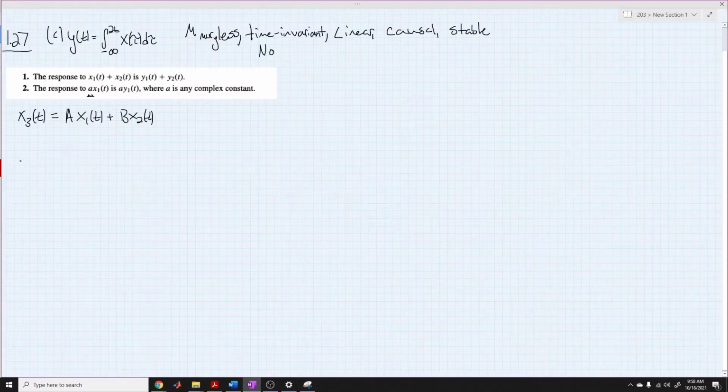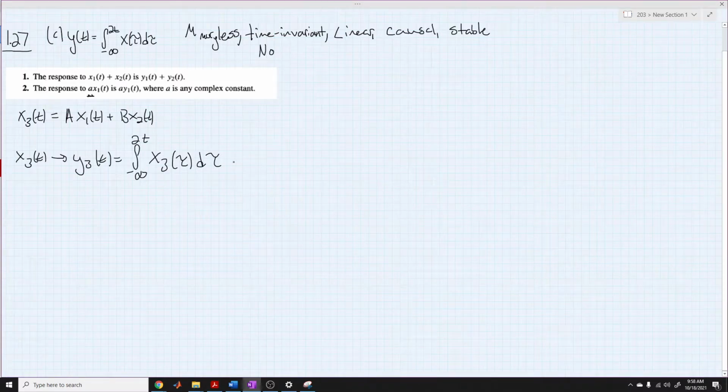So x3 of t is going to give us our output y3 of t, and that's equal to the integral from negative infinity to 2t of x3 of tau